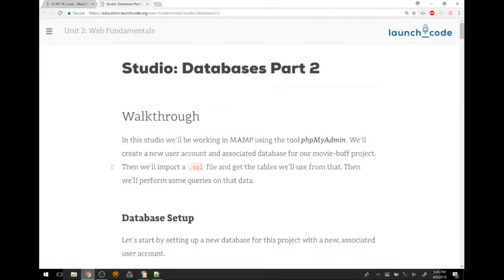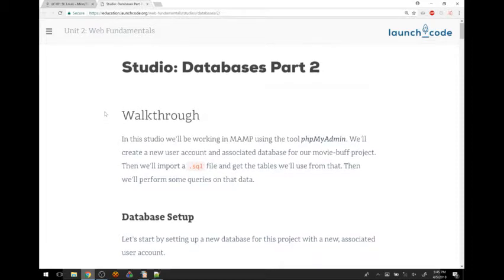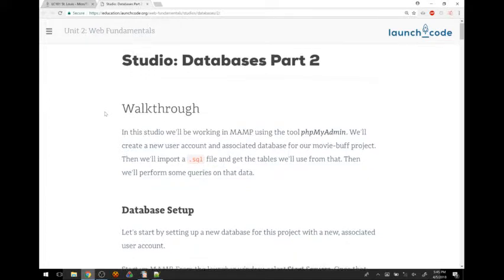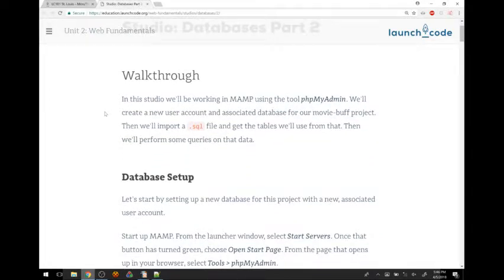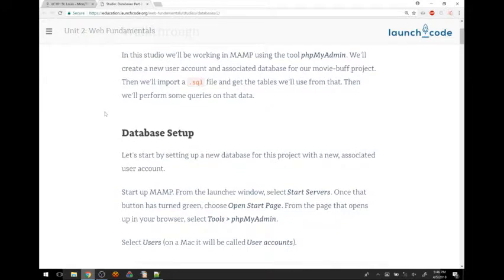So I'm going to switch over to the walkthrough. What we're going to do is load up a database that we want to use with our application. This is a pre-formed set of data so that we don't have to type in all that stuff. We just have a data set that's ready to go. The first thing that we need to do is set up a user account. And setting up user accounts is very important.